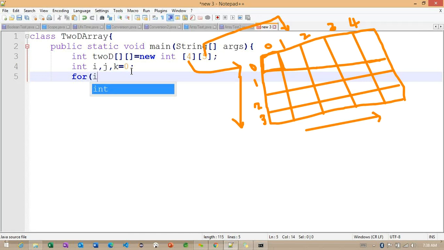Just focus here on how we can use loop concepts to insert values into this 2D array. i is equal to 0 and i less than... what is the condition we want to make?